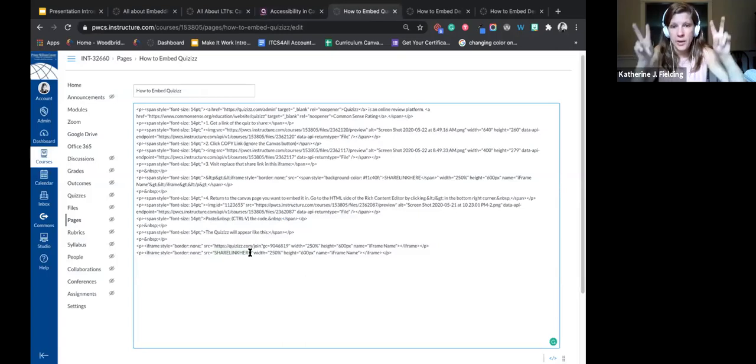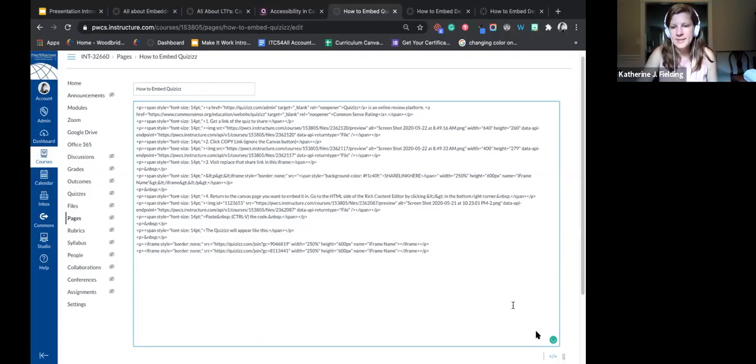That link needs to go in between the quotations. You keep the quotation marks. Do not delete those. Do not delete the quotation marks. And I just replace it, and now that code is in there. Then when I save it,